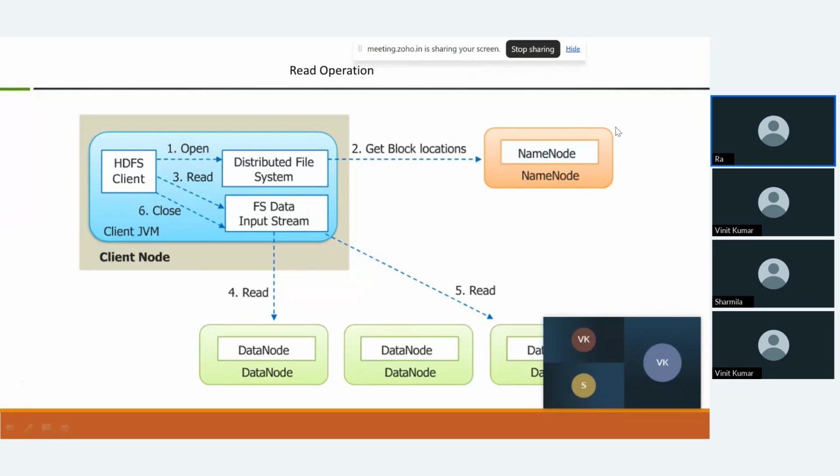But the name node only gives the location for the original write of the data. Let's say I have a 1 GB file, so 8 blocks are going to be there. The name node gives the locations of those 8 machines where we can store the data. Then